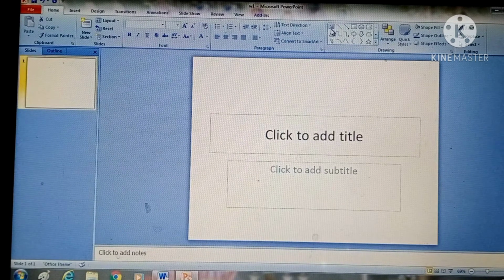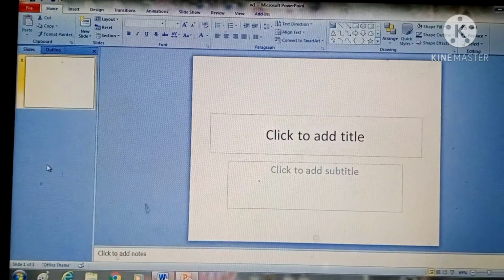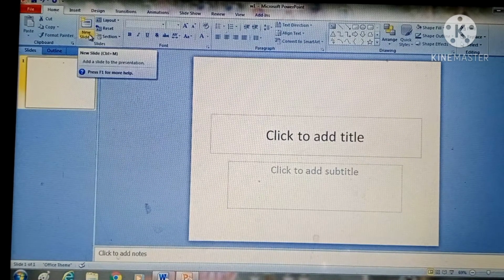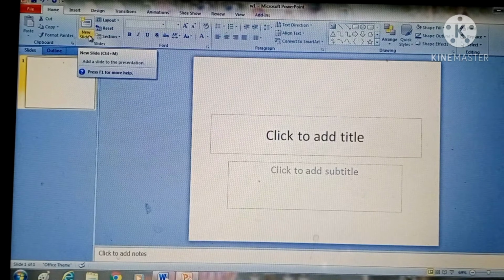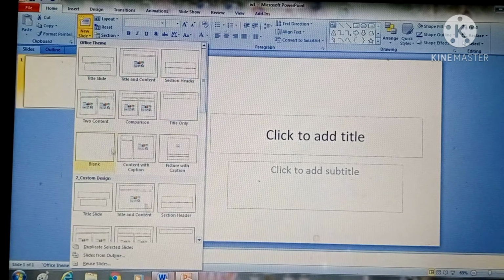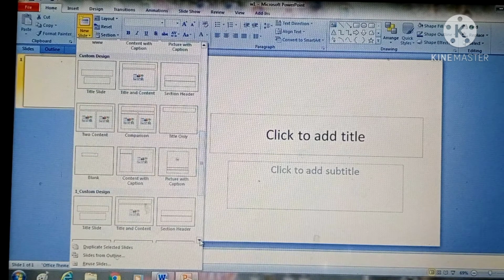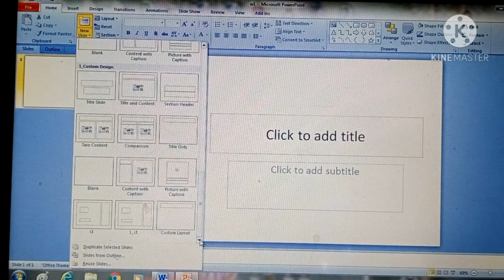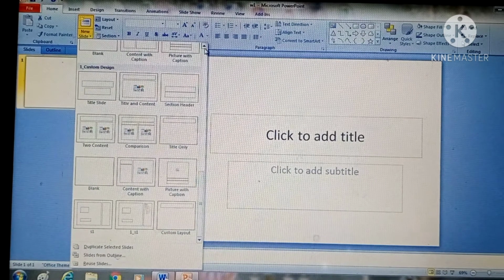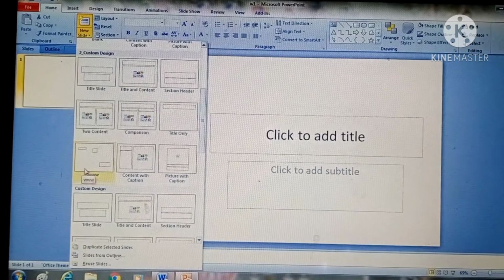Now if you want to use this customized layout further, then how can you use it? We have saved it, and I have come to the normal slides. Now if you want to insert something, you generally click on this new slide option. Now I am clicking on this new slide option. In this new slide option you can see title slides, this one blank, customize, design, and at last it is showing you which name I have given. That was this one. I have given this.